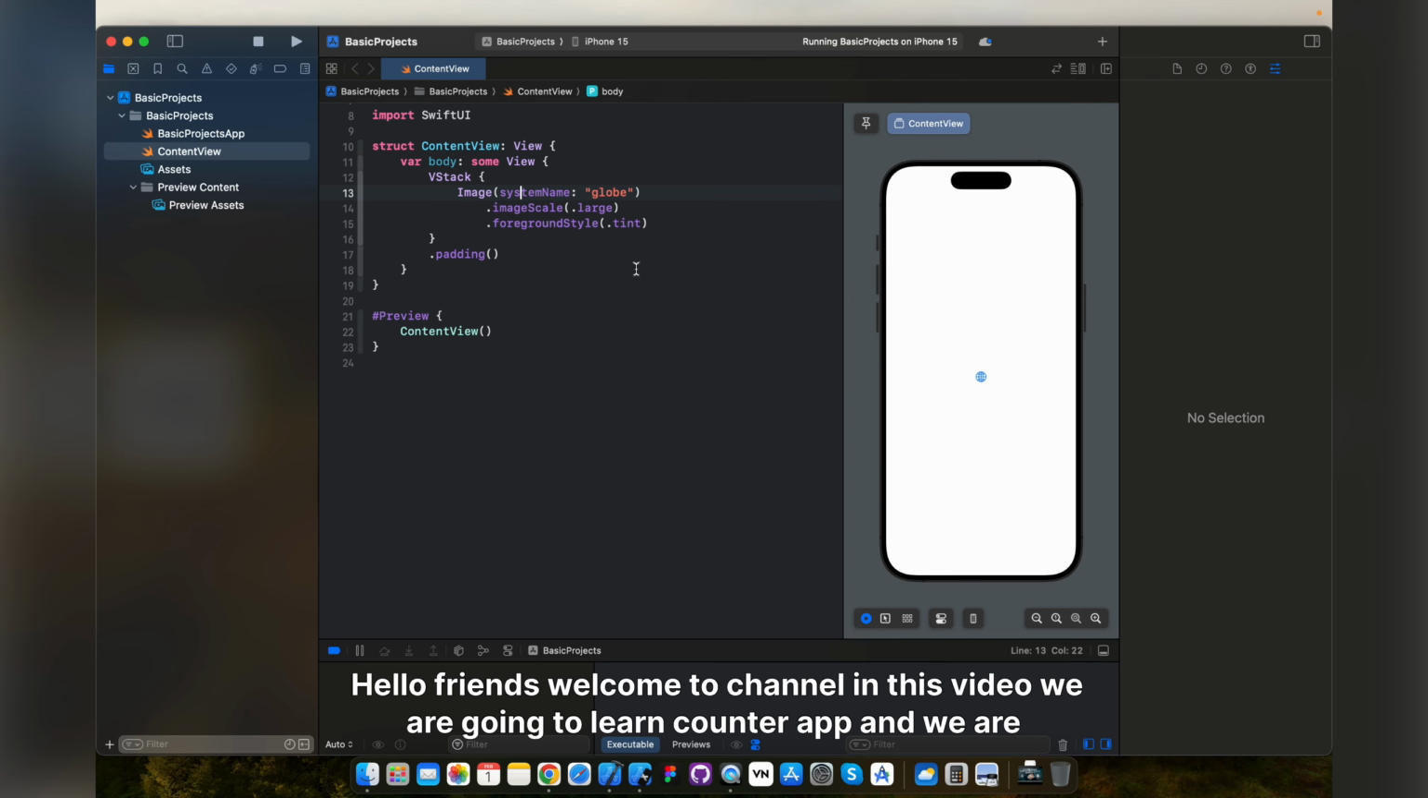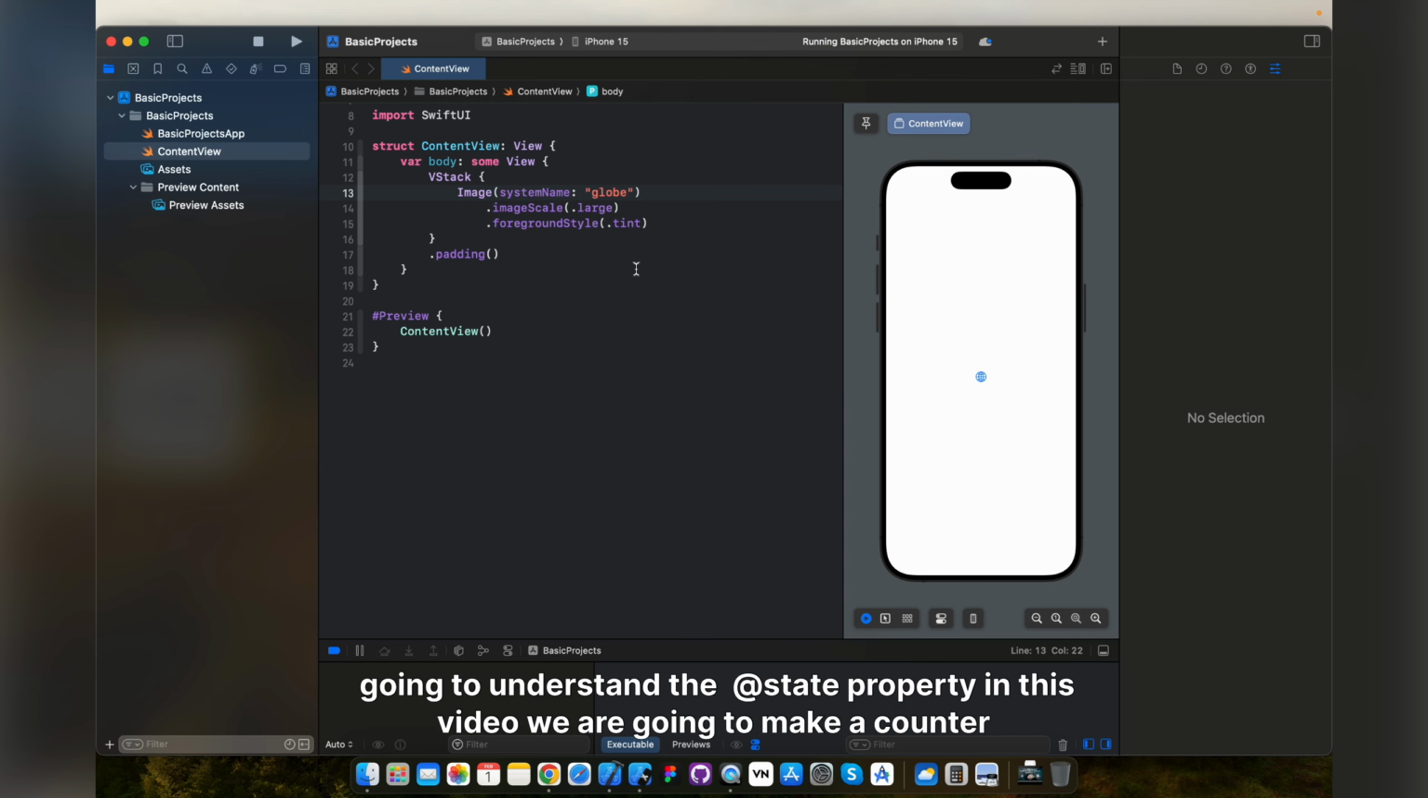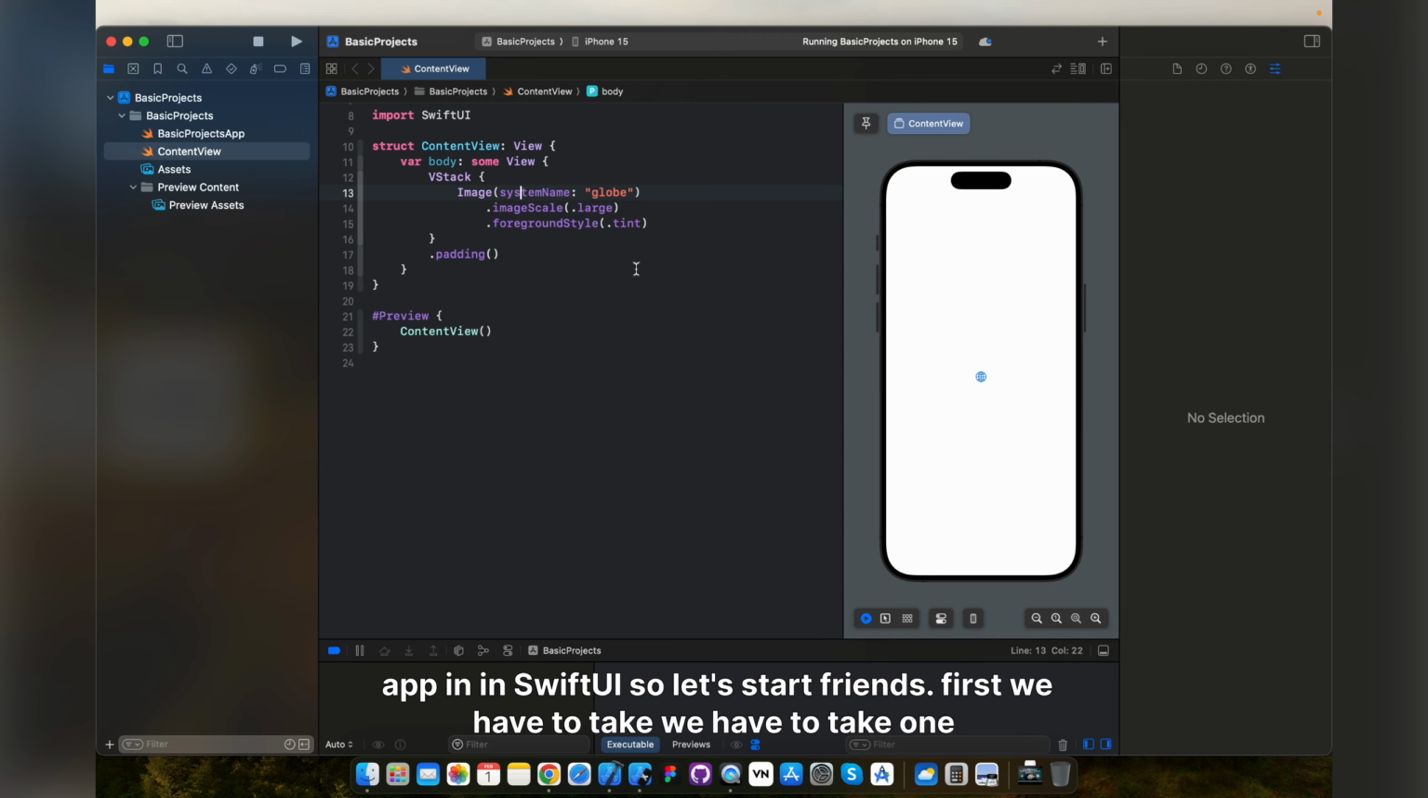In this video, we are going to learn the counter app and we are going to understand the @State property. We are going to make a counter app in SwiftUI. So let's start, friends. First we have to